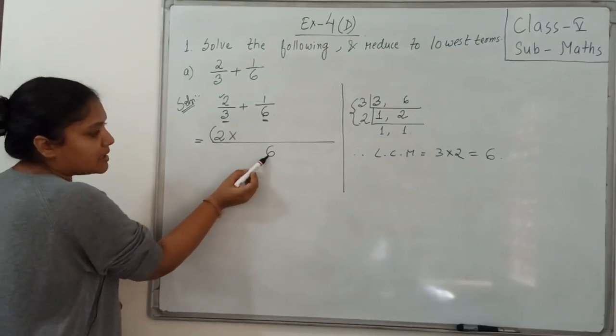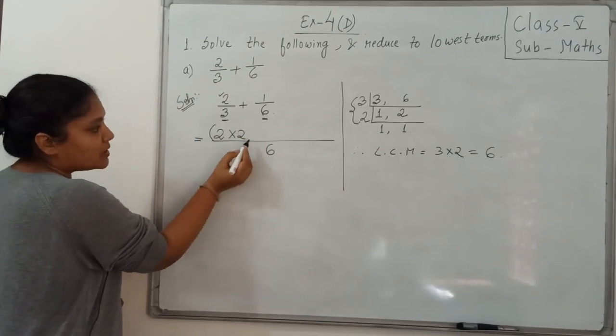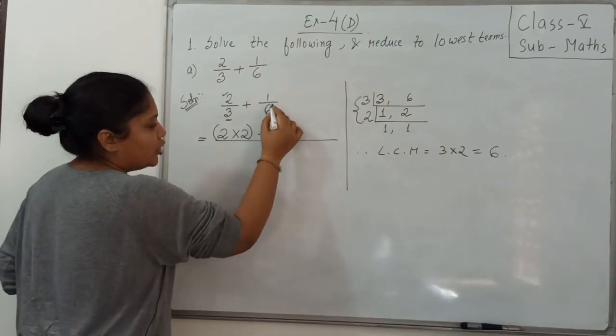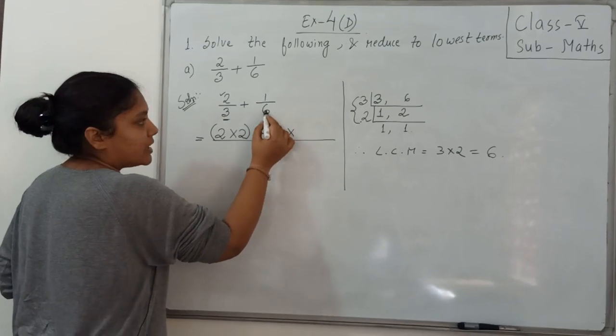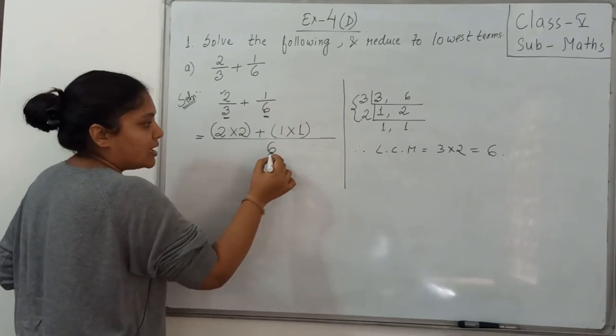3 का टेबल में 6 कब आता है? That means in 3 2s are 6. Again, what is there in numerator? 1 you write it. Again in 6, 6 table, when 6 comes? 6 1s are 6.